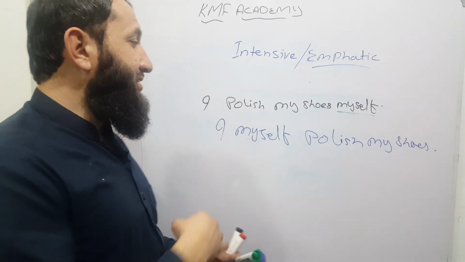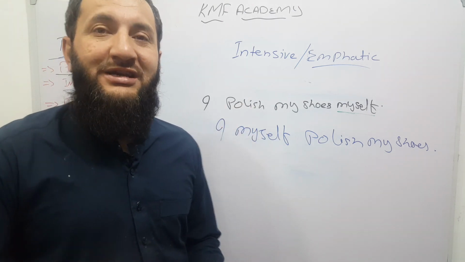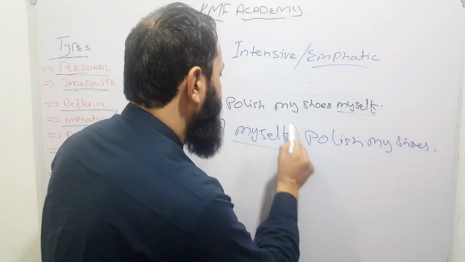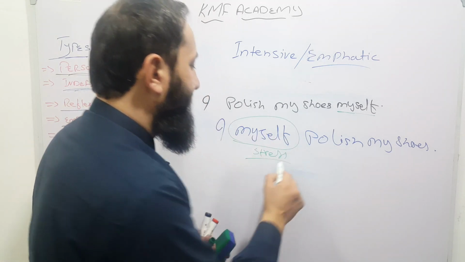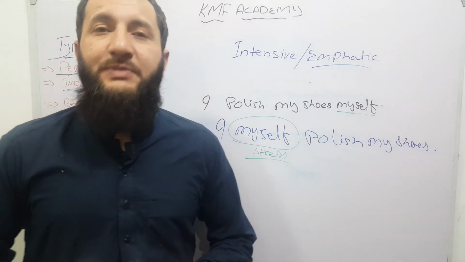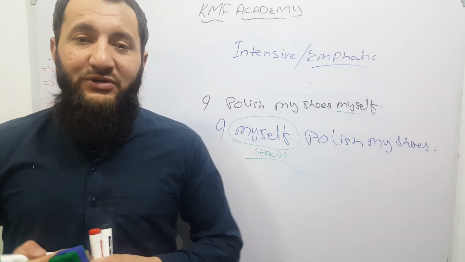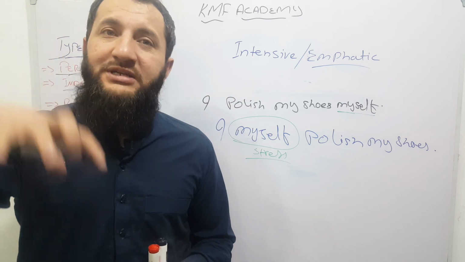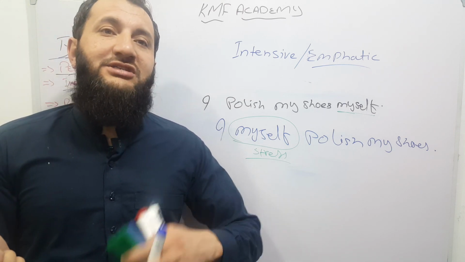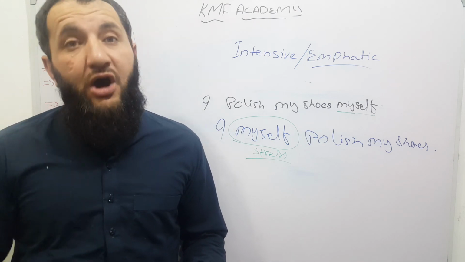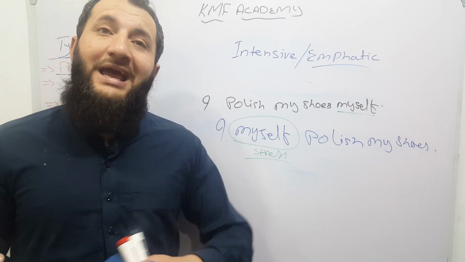Now in the second sentence, I myself polish my shoes. It means that you are putting stress over this term. You have done nothing special. You have put stress. So when you put stress over a term, either it is a pronoun or it would be a noun even, or it would be any other term like